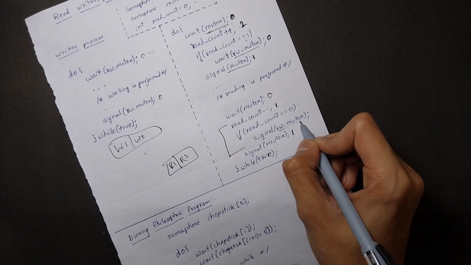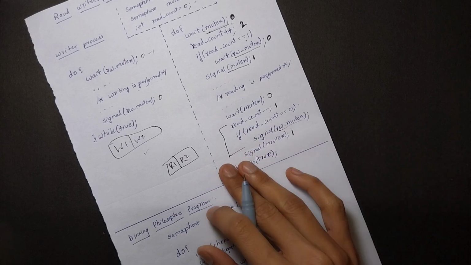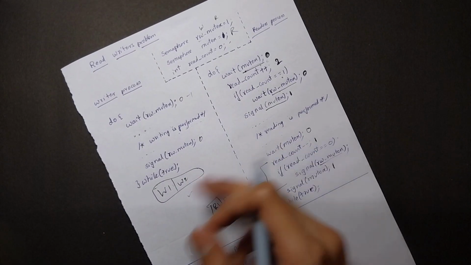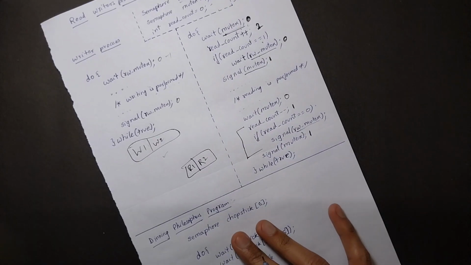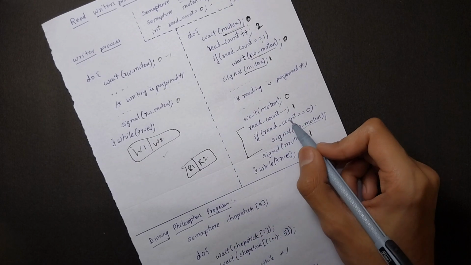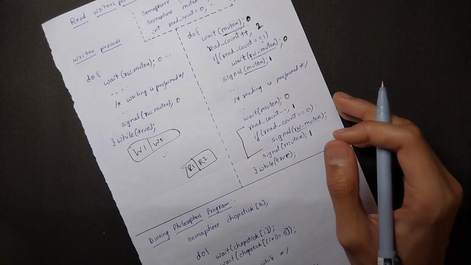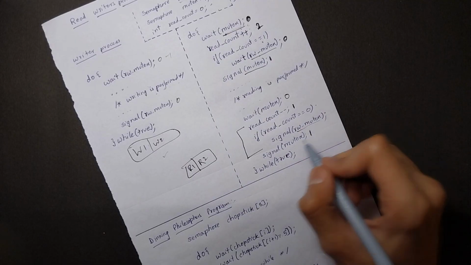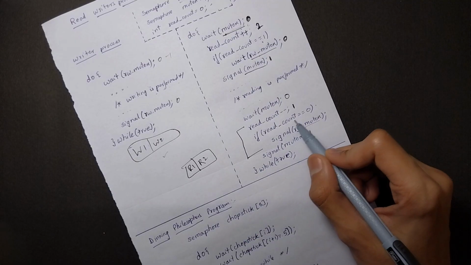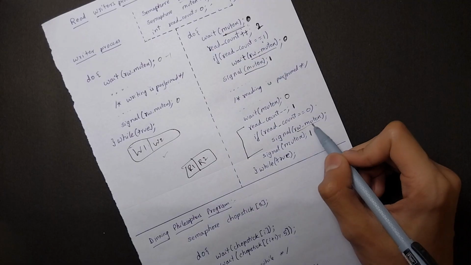If you reset this mutex value to 1, then the writer will think that there is nobody reading, and he will write the file. So there will be an error. That is why you are checking whether all of them have read the file. Till then you will check, and finally after the read count becomes 0, then you will set the read mutex